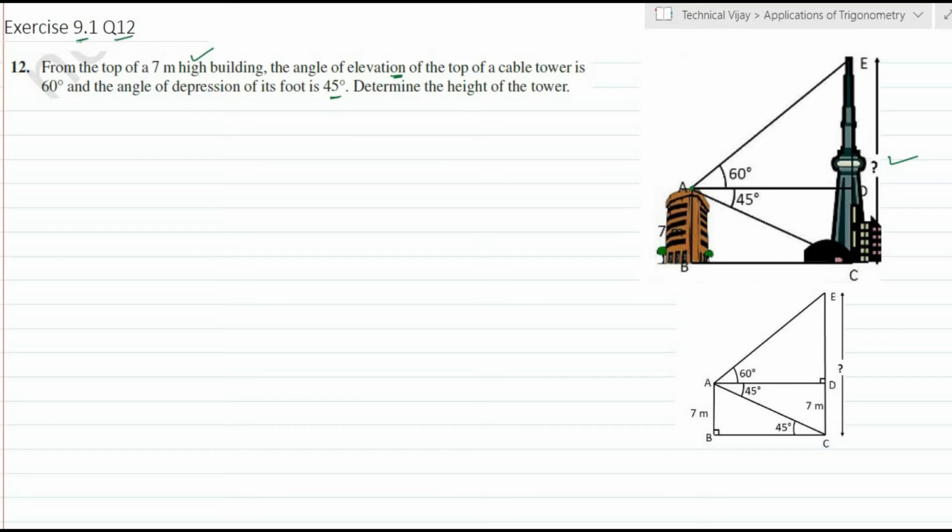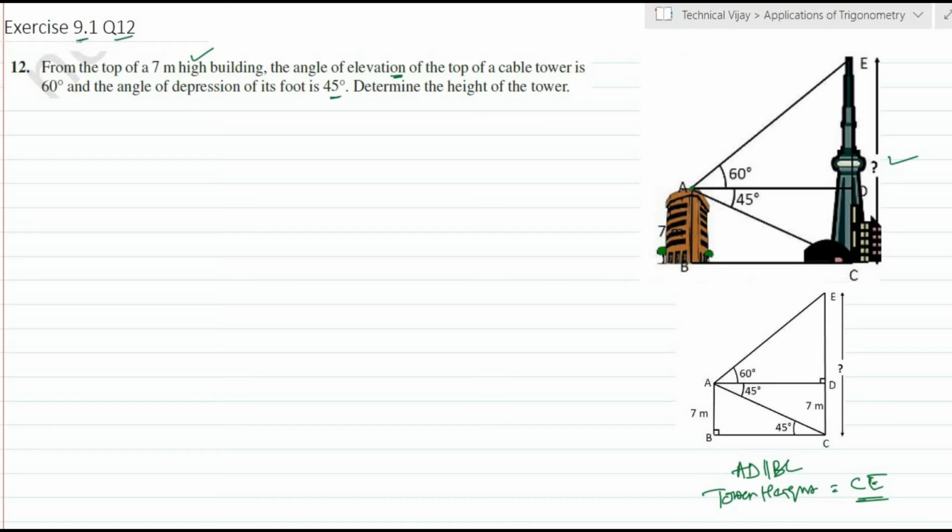So here AD and BC are parallel. The tower height is equal to CE. This we have to calculate. First, you see this is an imaginary line that is drawn. The angle subtended at this point is 90 degrees, because the height of the building is